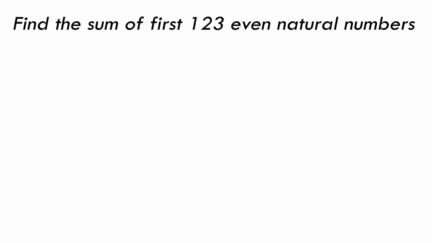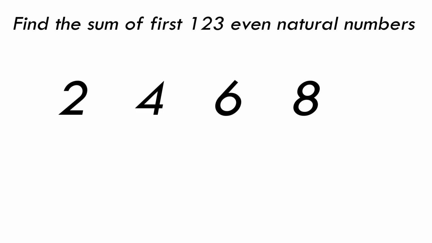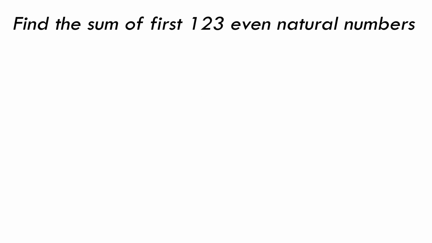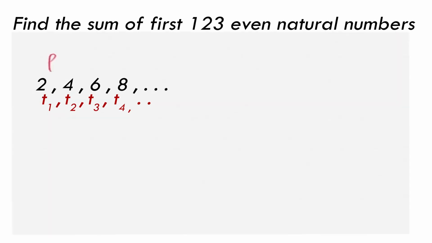Now the next example is: find the sum of the first 123 even natural numbers. So which one is an even natural number? It starts from 2, 4, 6, 8. So the given sequence is 2, 4, 6, 8 and so on. Okay. So T1 is what? 2. T2 is what? 4. T3 is 6. T4 is 8, and so on. So the first term